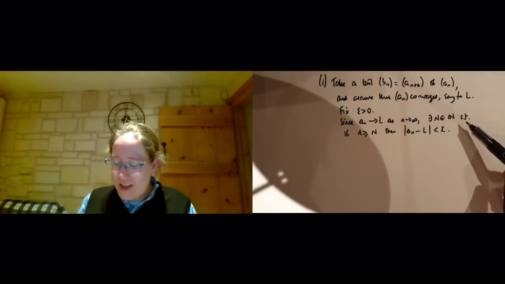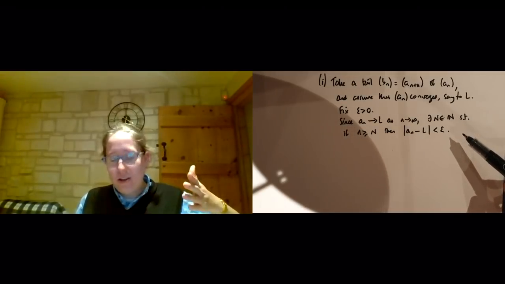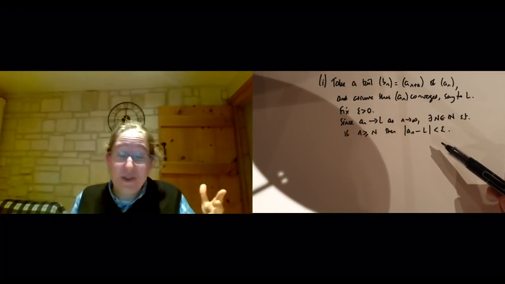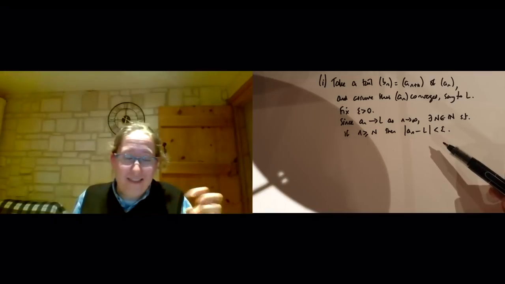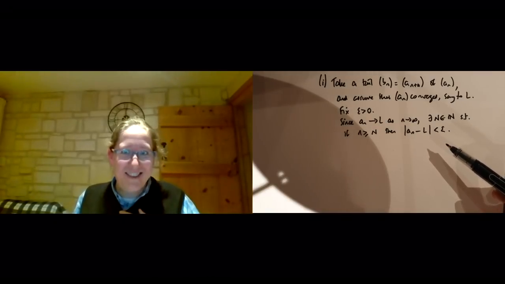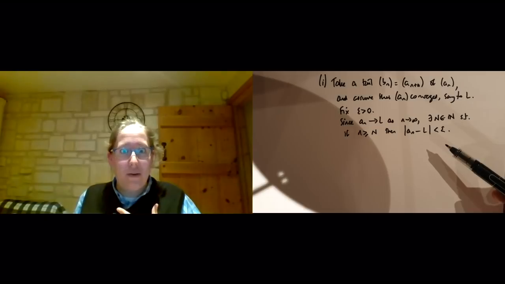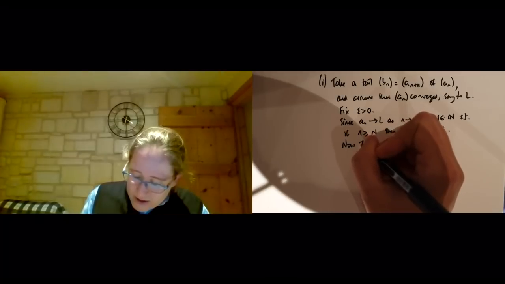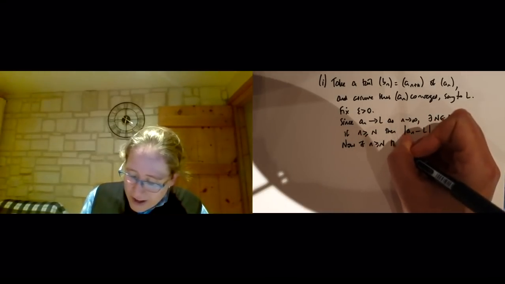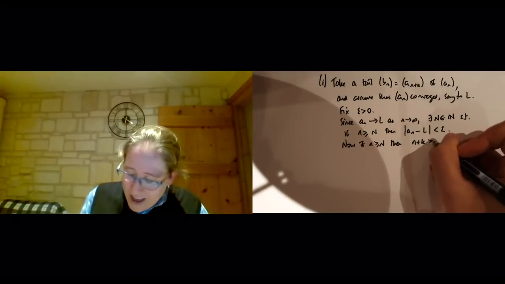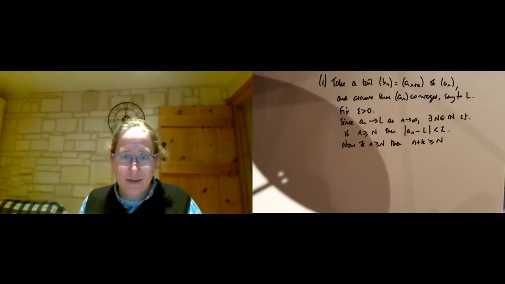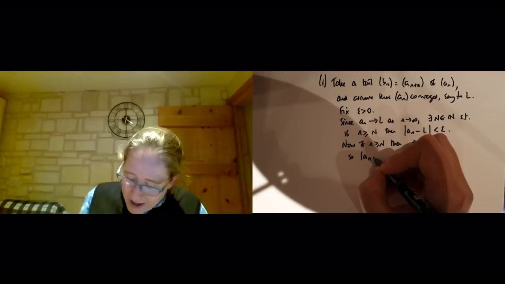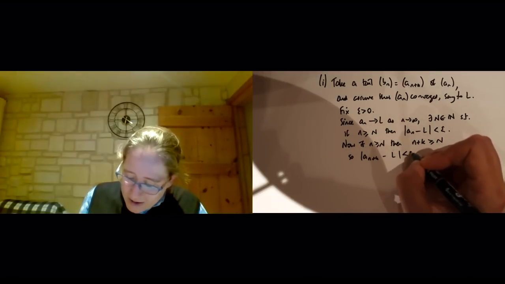So we know that there's some N such that beyond that point, all of the Ans are really close to L. And that means that the Bns must also be really close to L, because the Bns are a n plus k. So all we have to do is write that down carefully. So now if little n is greater than or equal to capital N, then n plus k is certainly greater than or equal to capital N, because k is a natural number, it's positive. So we know that the absolute value of a n plus k minus L is less than epsilon.